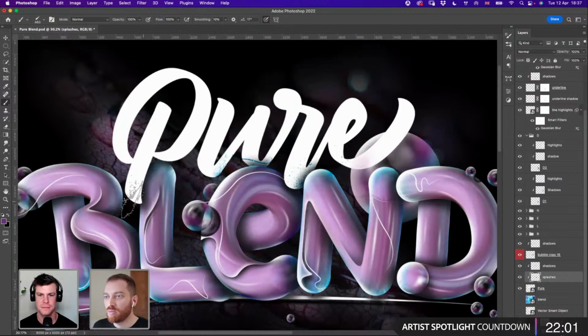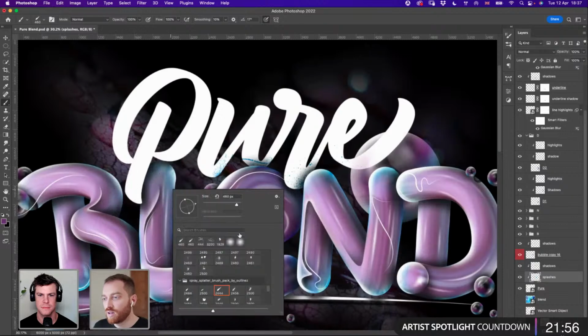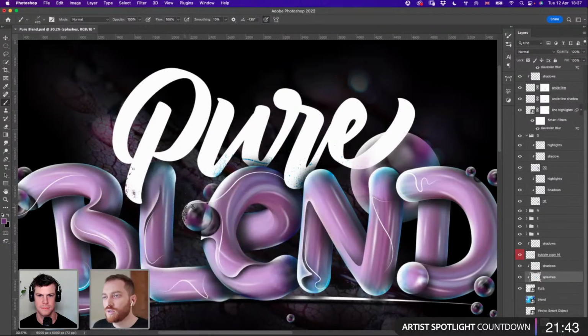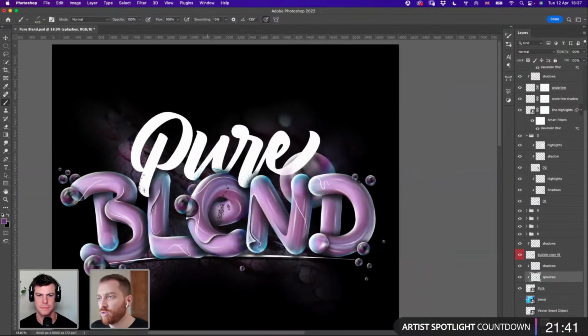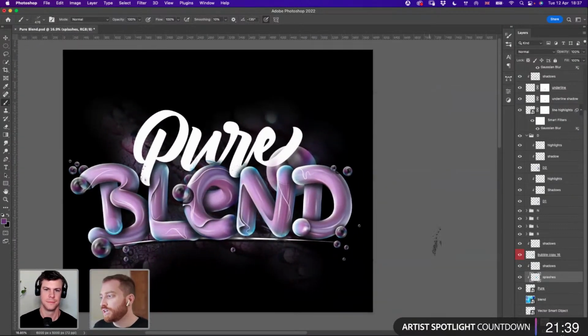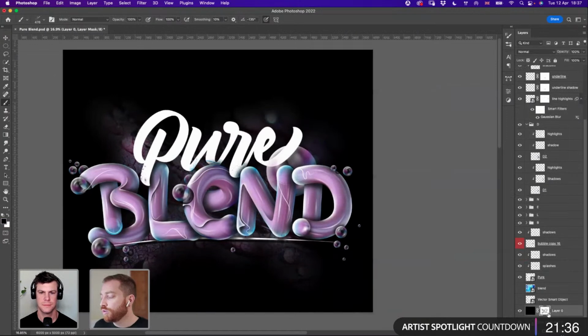Okay, so maybe a purple here. But I don't want to add so many splashes, but let's add one more. And then we can continue later with more brushes if you like. Also we could add some on the background. So on the mask on the background, the black color, we can make it bigger and add a splash like that maybe.